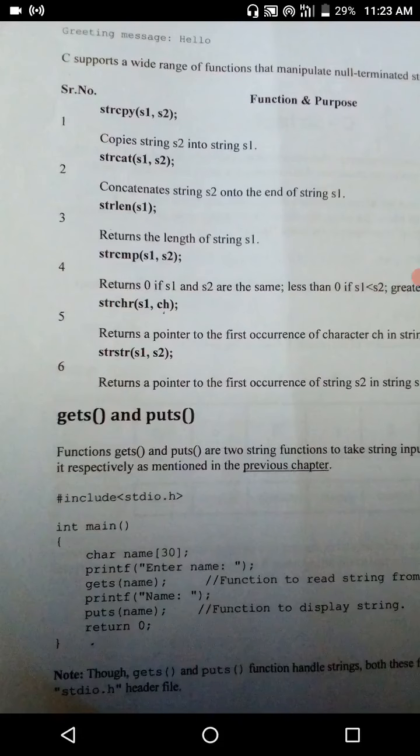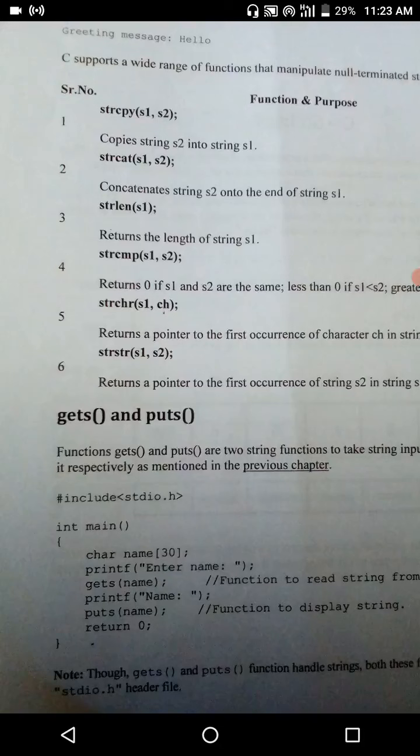Next we have to know the basic functions existing in the C programming language. See, there are a number of functions. Here we have given 6, but there are more functions below the 6, like gets, puts, putchar, getchar, and the reverse function. One by one we have to discuss.